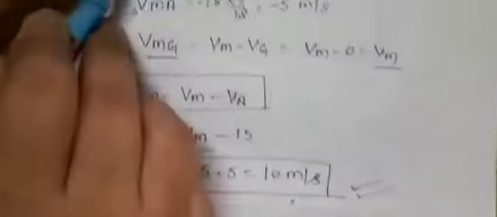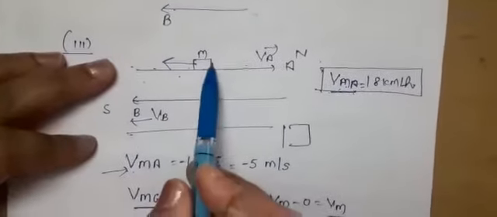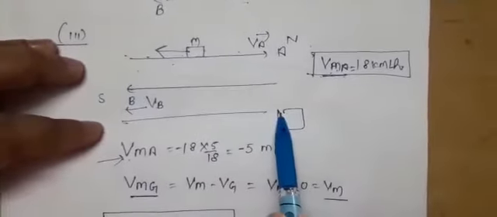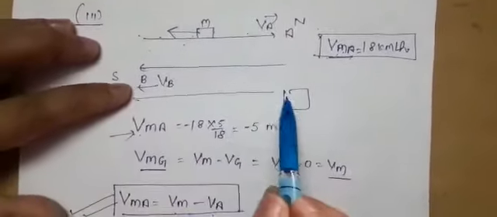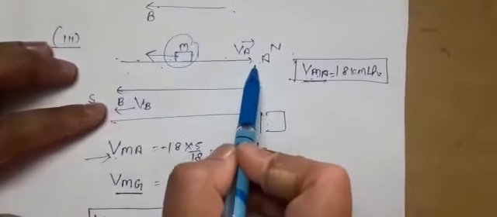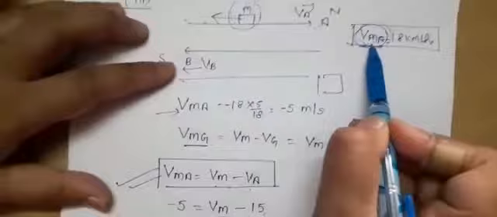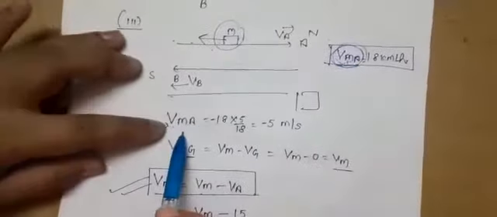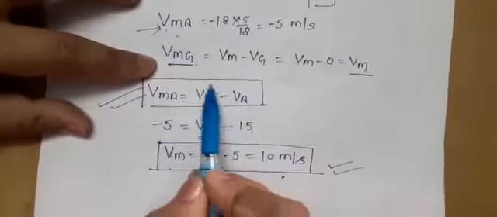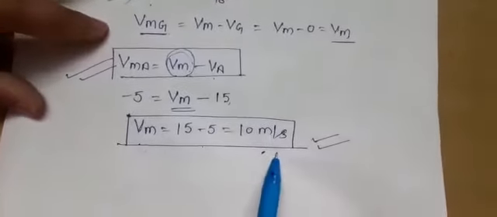Again, just see here, as per the figure, A is moving in the north direction, B in the south direction, and the monkey is moving obviously towards the south direction. So now, when a person is standing on the platform, for him the velocity of the monkey with respect to ground has to be obtained, as the velocity of monkey with respect to train A is given. So we have to use this particular result. This is a key point of this question, because first, we noted that it will be negative as per the convention. Second, as we have taken VMA, from here the velocity of monkey with respect to ground, or a person on the ground, is obtained to be 10 meter per second.